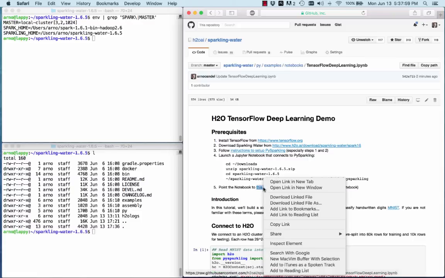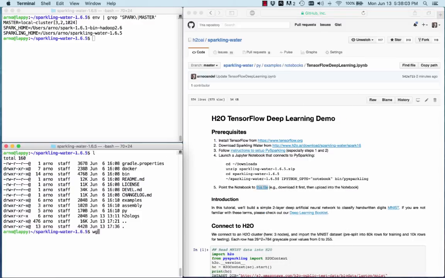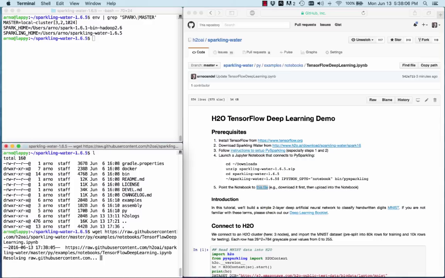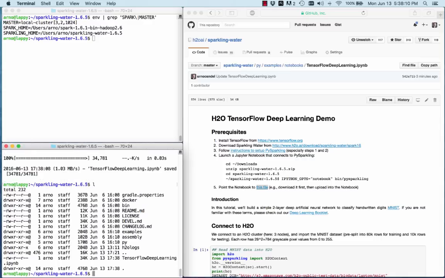So the link for this file is here. It's the same as the raw here. I'm going to download that. And this is just a small little script. And now we can actually start